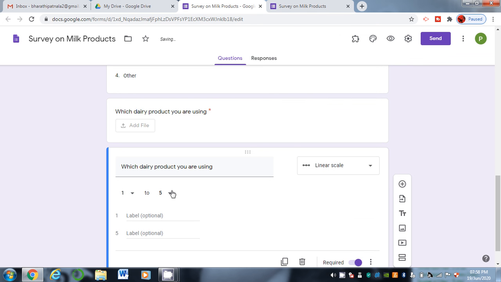linear scale. Linear scale means you can collect the rating of a product. For example, you want to rate the dairy products. One is fair, and I am giving 5 as excellent.